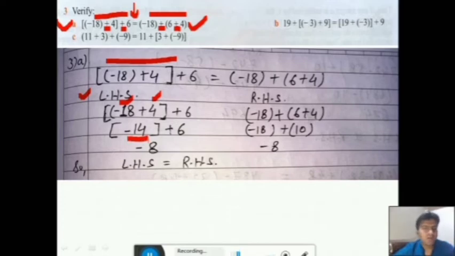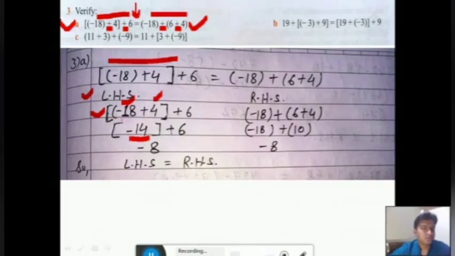So what number we got? Minus 14, because here the sign is minus and here the sign is plus. With minus and plus, you have to subtract the smaller number from the bigger number. So we will get 14, 18 minus 4 is 14, and the sign of the bigger number. The bigger number is 18. That also we have learned in the previous classes: how to add or subtract two numbers. What is the case when we have to add the numbers, and what is the case when you have to subtract the numbers, and what sign will come.